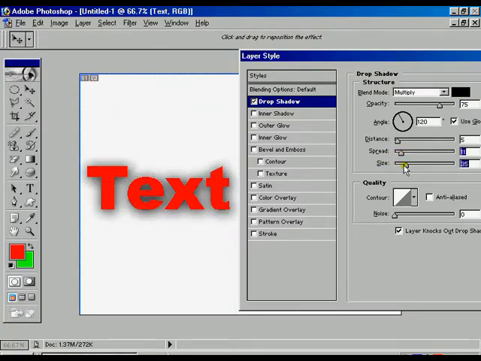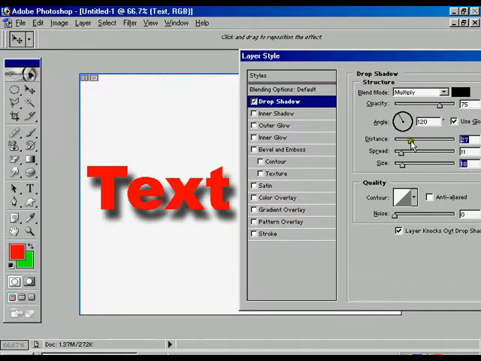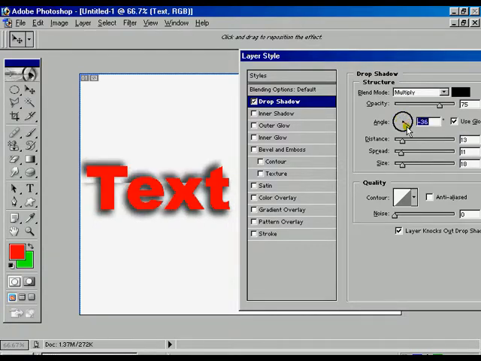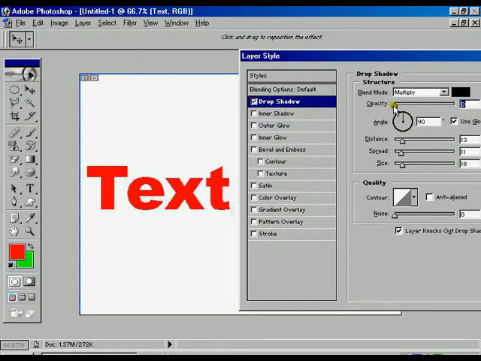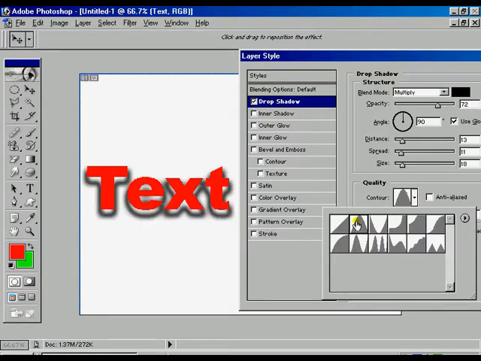We can increase the size, we can spread it, we can set the distance according to our choice, we can change the angle globally, we can change the opacity. Now there is another option called quality, where we can change our shadow's style.